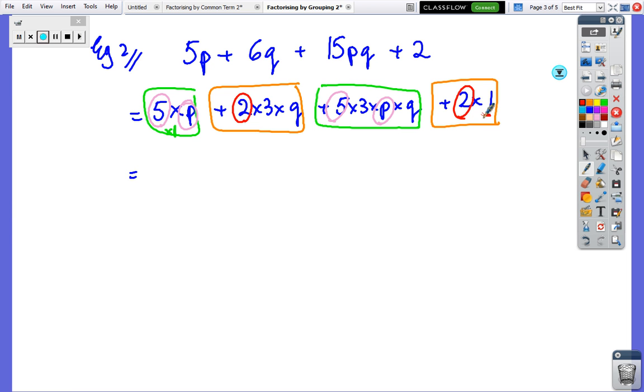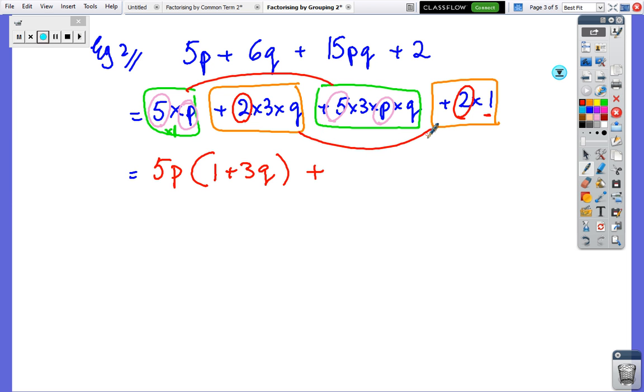That was smart of me. So in the green boxes, 5p is common, leaving behind 1 plus 3q. And in the second, in the brown boxes, I've got 2 bracket 3q plus 1. Now that, I'll change colours, that and that, even though they're in the opposite order, they're the same things. 1 plus 3q is the same as 3q plus 1, they're the same things,